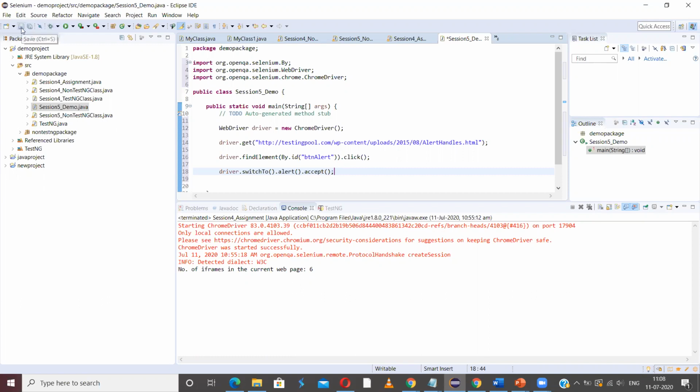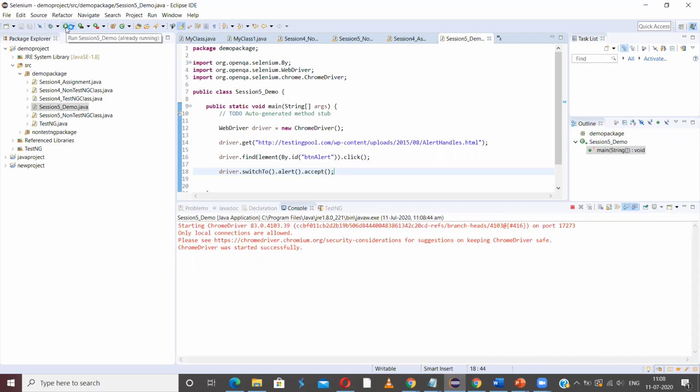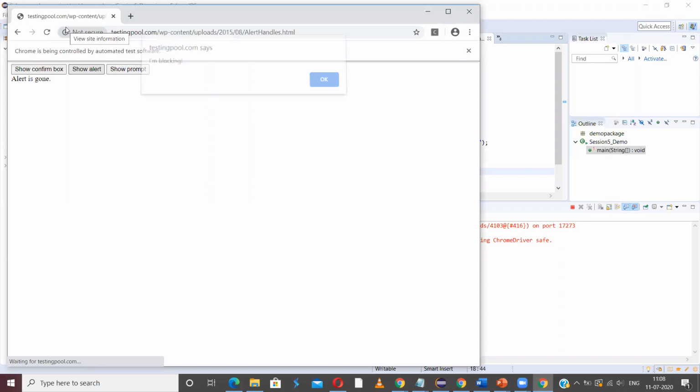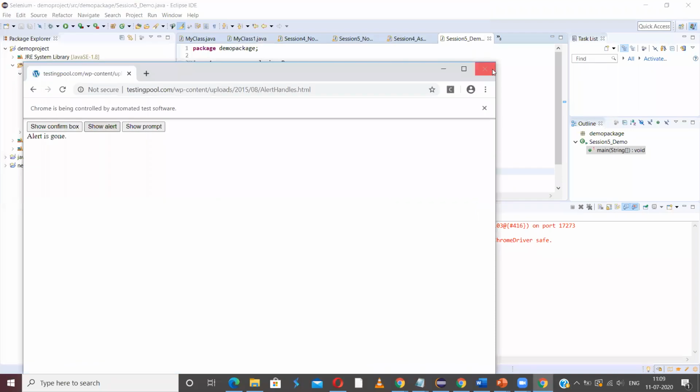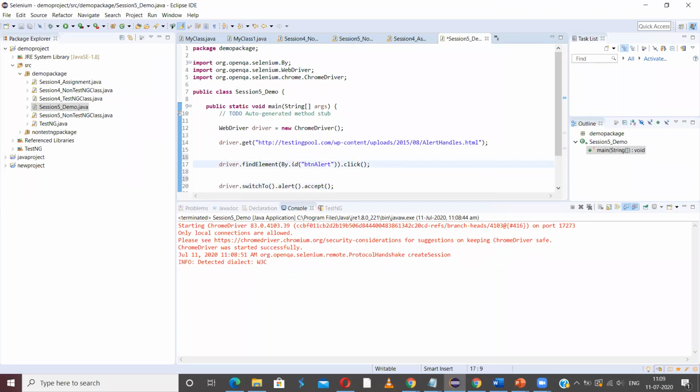Let me save it and run it. It was done very quickly. So for the purpose of demo, let me use some thread dot sleep so it will be visible.